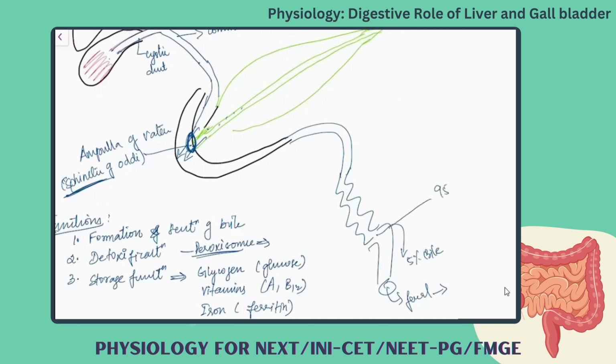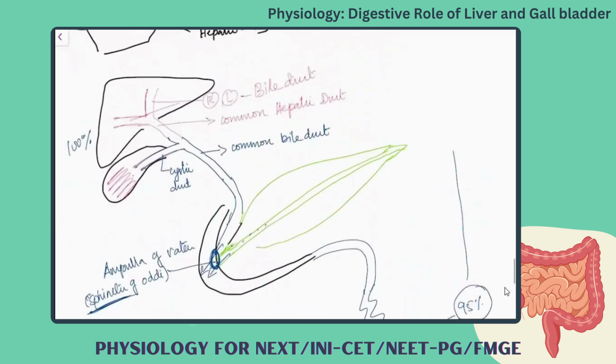And what happens to the remaining 95% of the bile? It goes back to the liver. This is called enterohepatic circulation of the bile. So the liver secretes nearly 100% of the bile, which goes into the enteric system and does all its functions, and during excretion, along with the fecal matter, only 5% of the bile is excreted. The remaining 95% is going back to the liver. So from the hepatic region to the enteric region and back to the hepatic region, you call it enterohepatic circulation